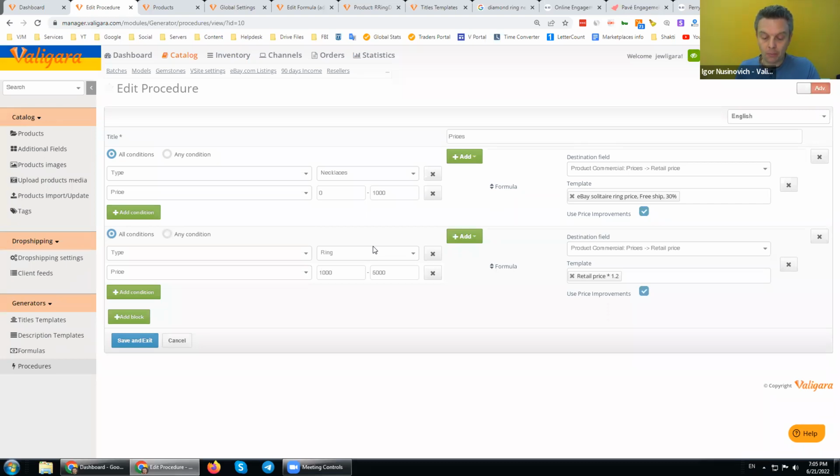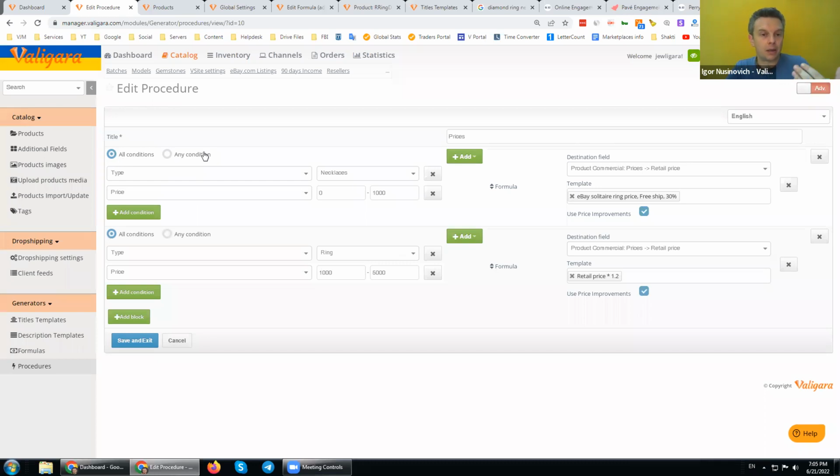Now, you can select whether the specific block will work when all conditions are met, or when any condition is met. As you can see, this is the more strict rule.